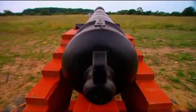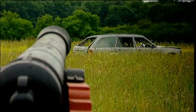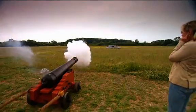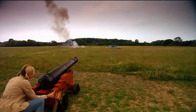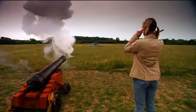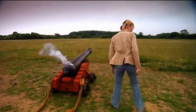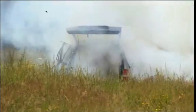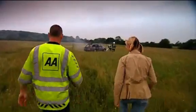I'm sure you, like us, have often wondered if Merc bodywork could withstand an attack from the cannon off a Spanish galleon. Well, leave it to an expert. Strike one. Miss left. Oops. Strike two. Too long. Strike three. Direct hit. Were you impressed with my accuracy eventually? Yes, very good. Third time lucky. Thanks very much. So is the front...